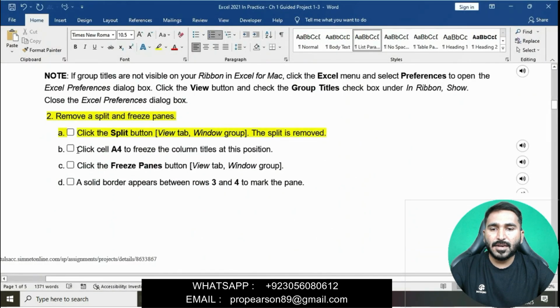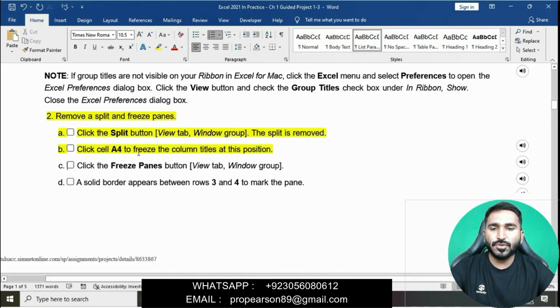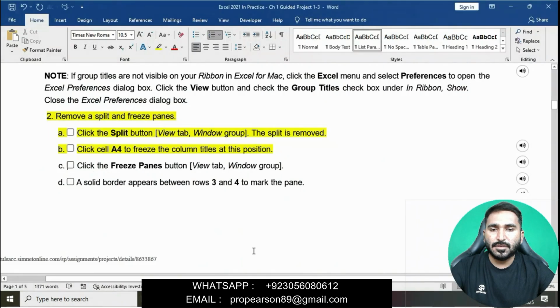Now click cell A4 to freeze the column titles at this position. Click the Freeze Panes button.